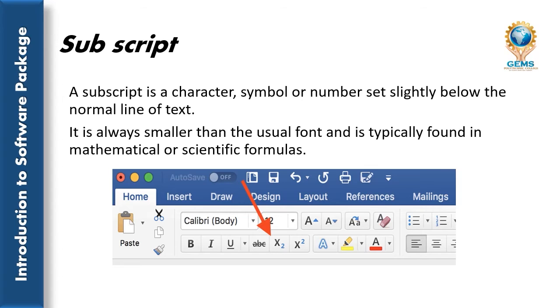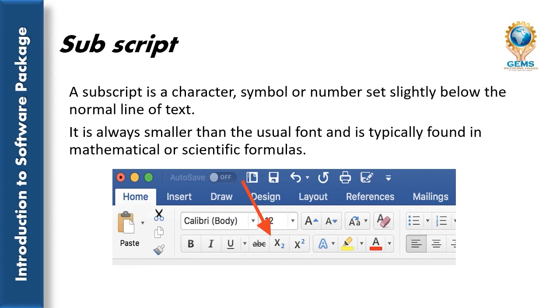Next is formatting a document using subscript and superscript. First we will see subscript. A subscript is a character, symbol or number that is set slightly below the normal line of text.